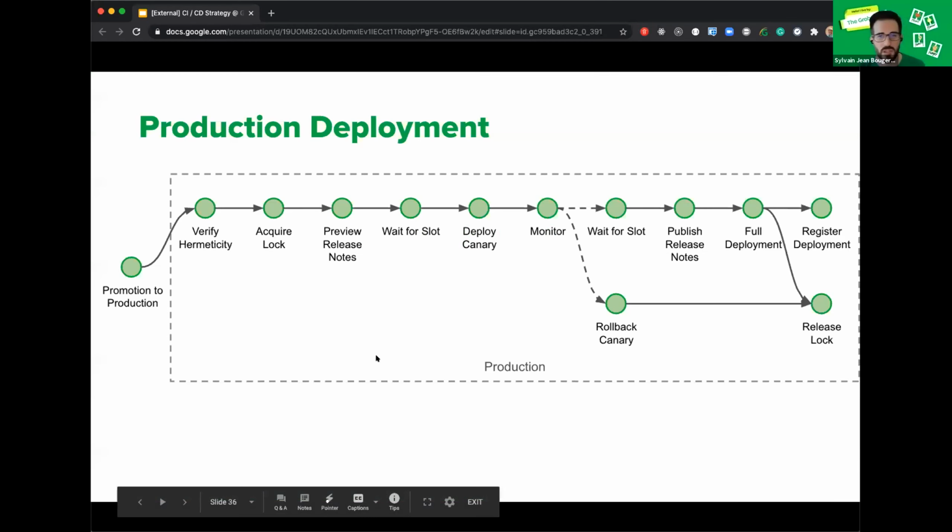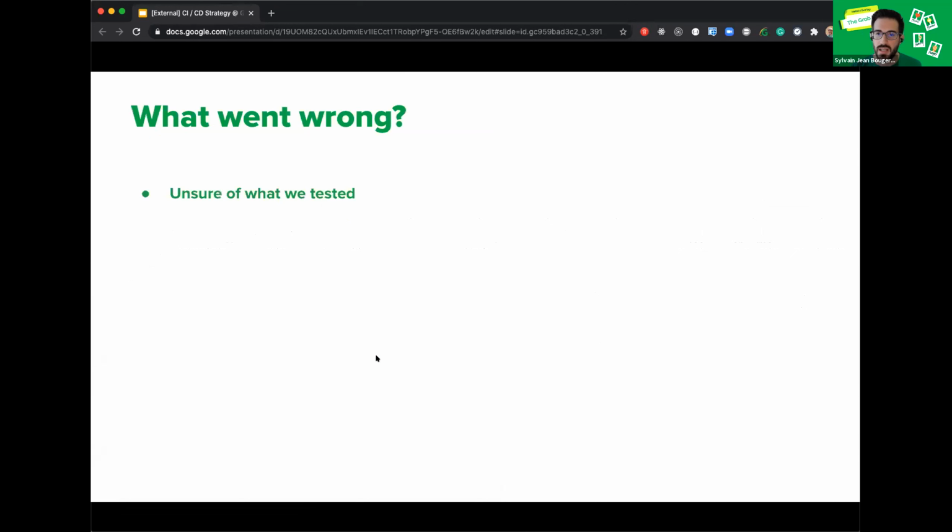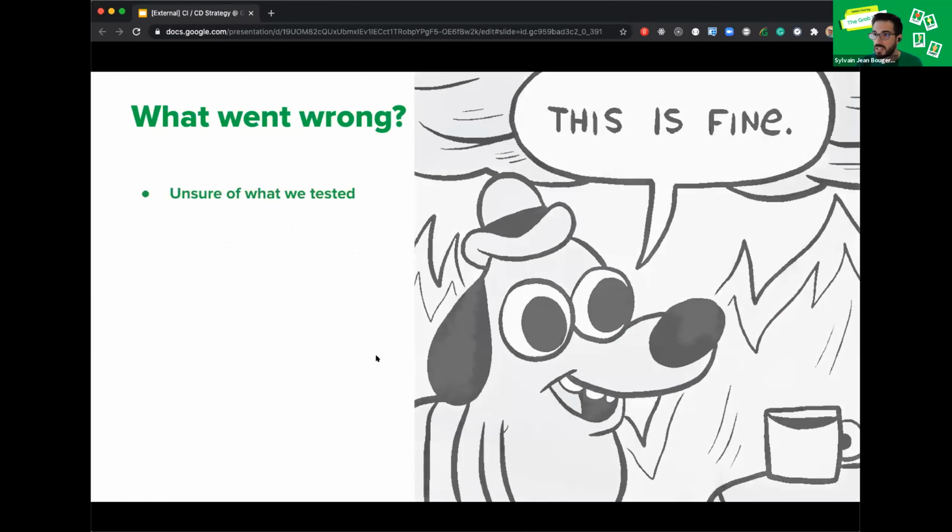All right, so as Biju mentioned, we're taking now that binary, which we validated, into production. And production deployment is pretty similar in context to staging deployment, right? We want to ensure that we are redoing most of the same processes and we are redeploying exactly the same things, right? And one of the first problems that we hit is really what did we test?